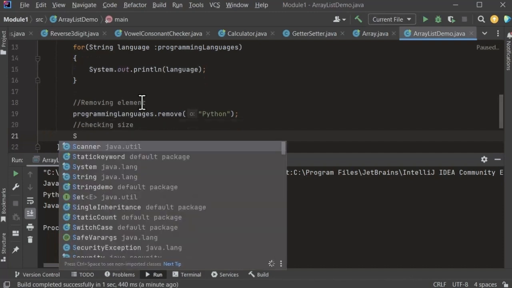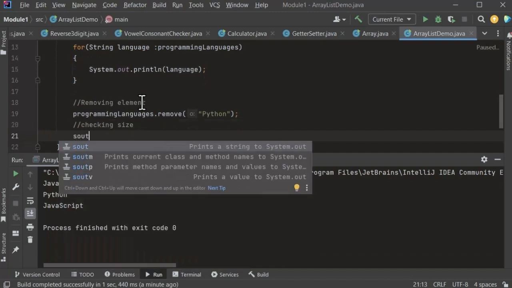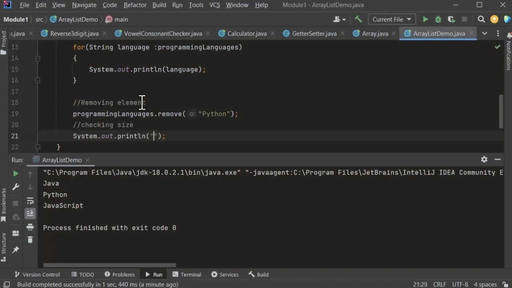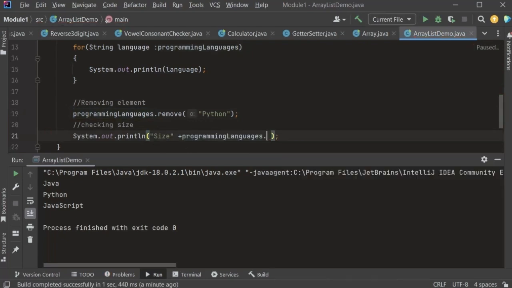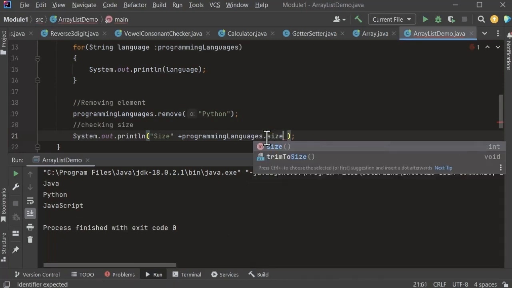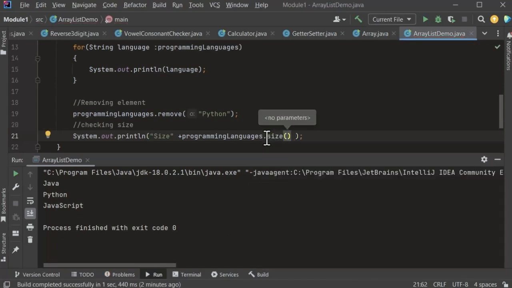For checking the size, I am writing sout, and inside here in double quotes, size out of this, plus then programmingLanguages.size. Done. That's there. Now let me execute.